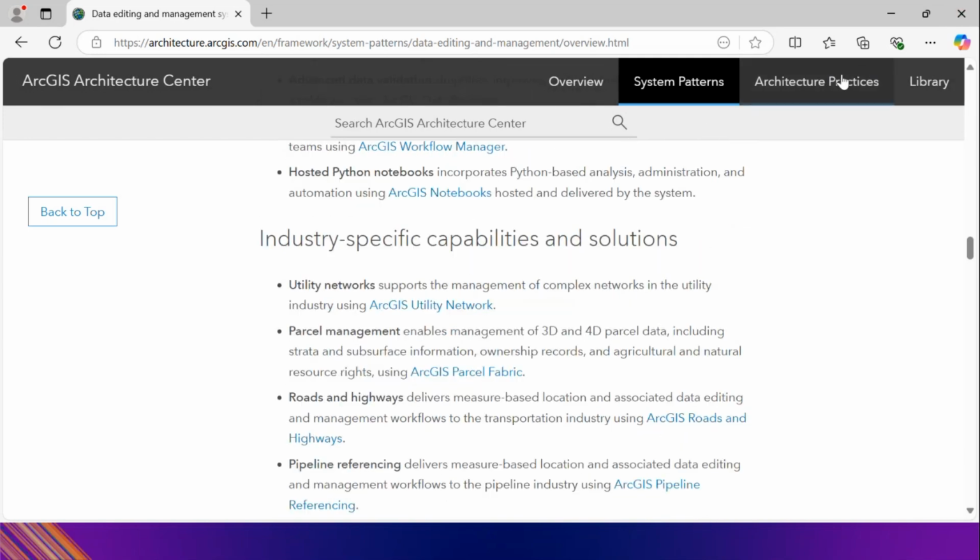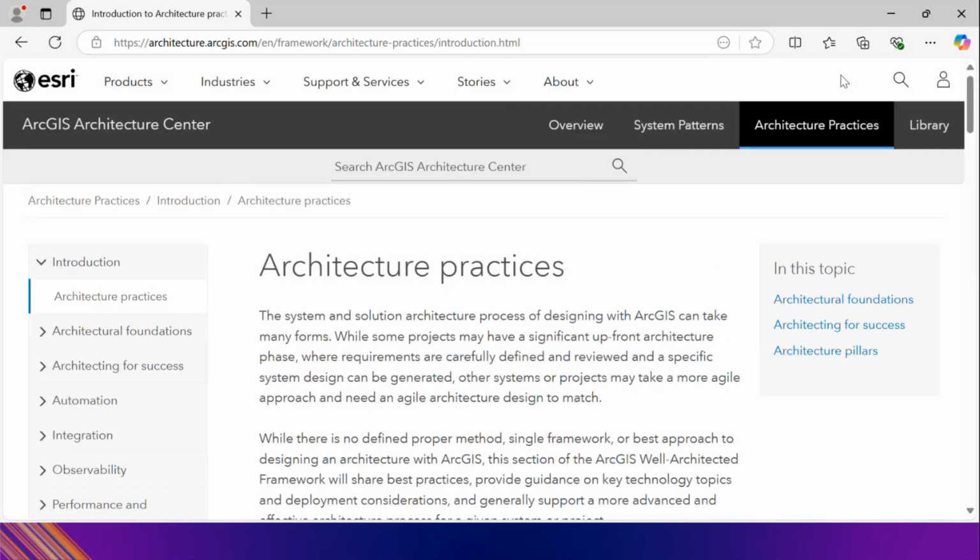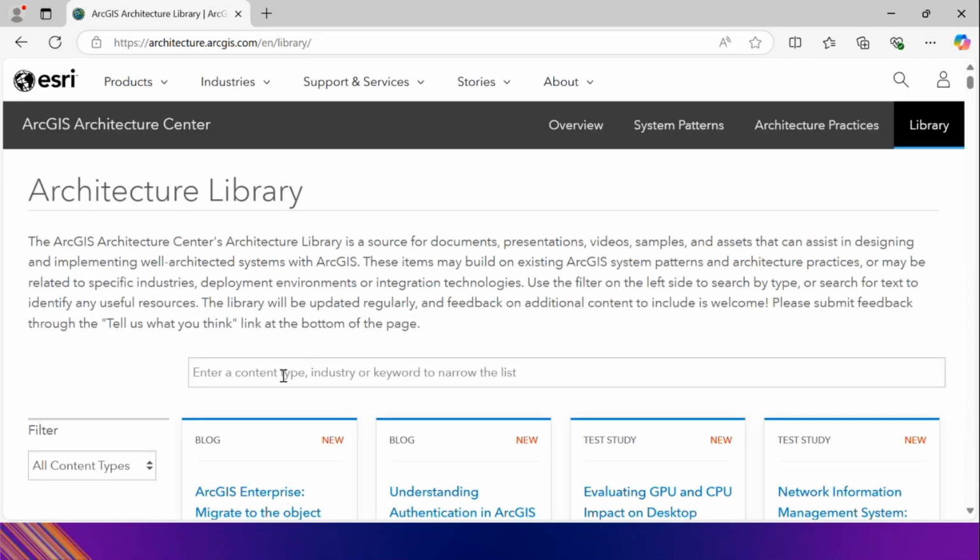Then we talk about the architecture practices. Architecture practices heavily focus upon what needs to be considered for the architecture. Something about the well-architected framework, which covers automation, reliability, performance, scalability, and so on. Then it comes to the library. When it comes to the library, we have